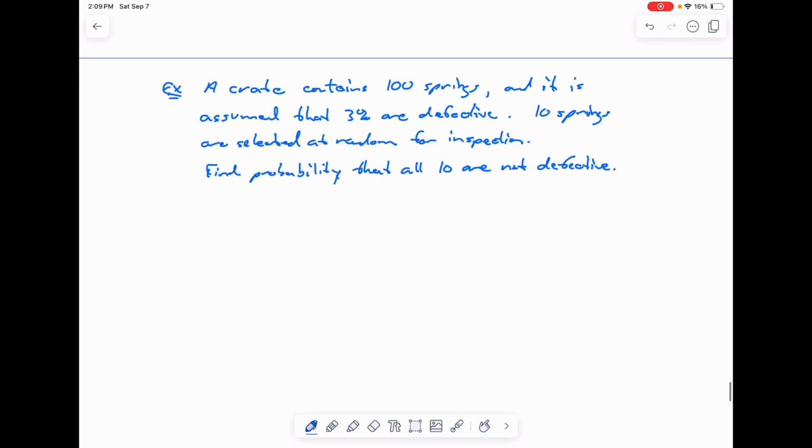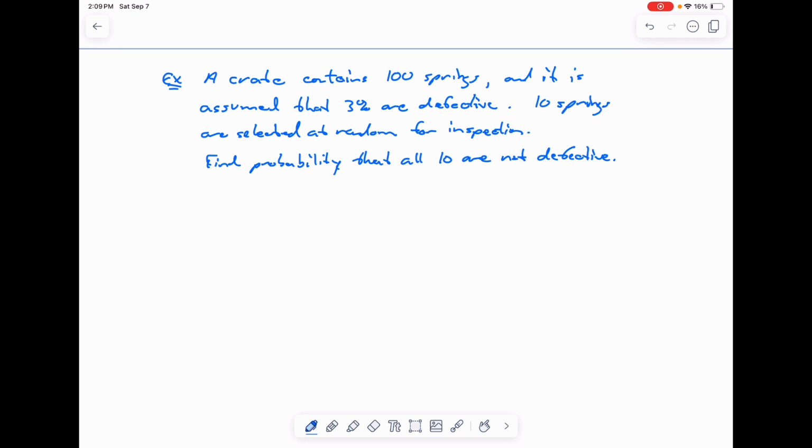First of all, we need to figure out how many ways you can choose 10 springs out of the 100. So the total ways to choose 10. Think about whether or not order matters here. It does not. If I choose 2 springs, I don't care what order they came out of the crate, I have those 2 springs. So this is a combination, so we've got 100 springs,